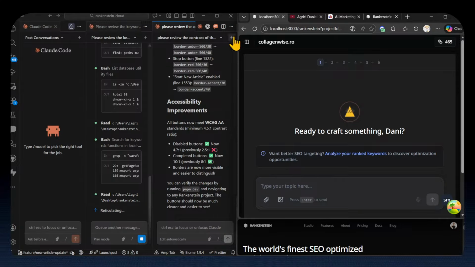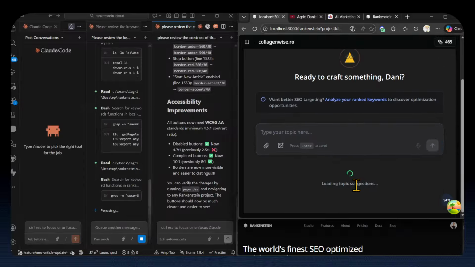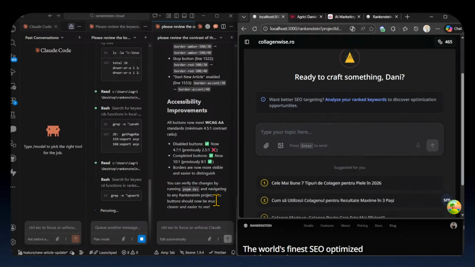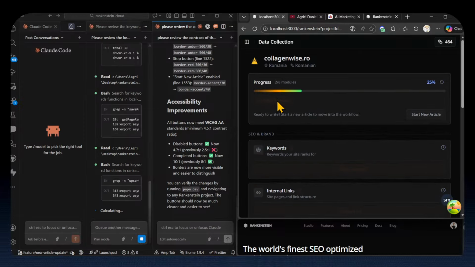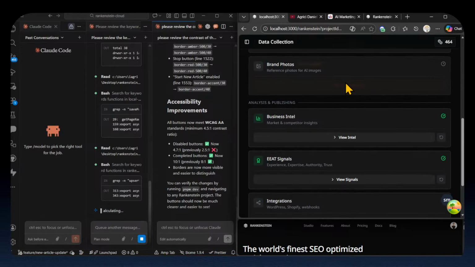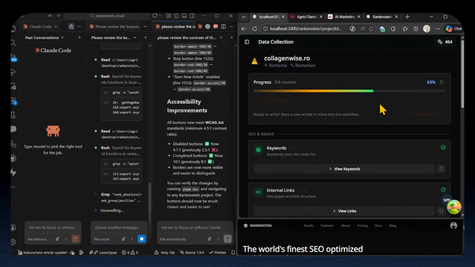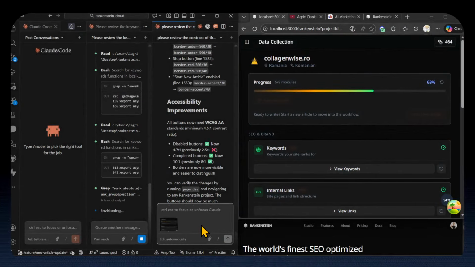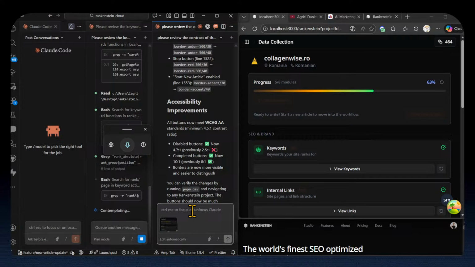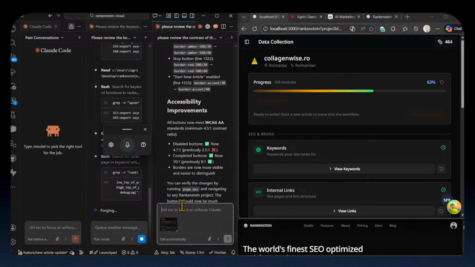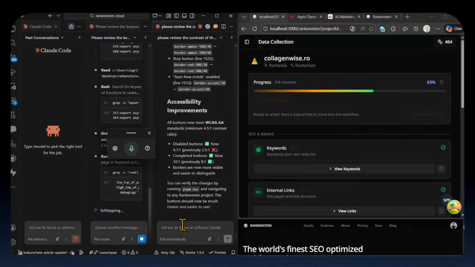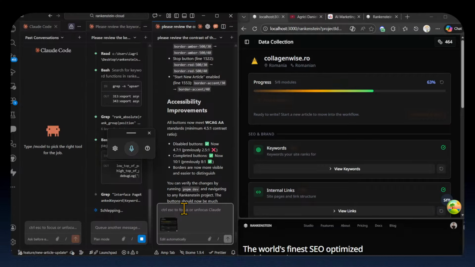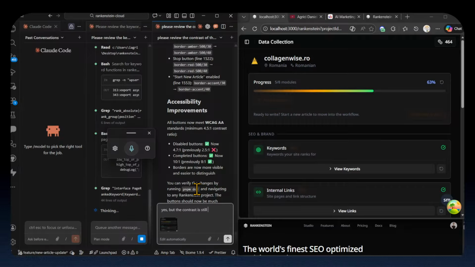I will turn my camera on in 1 second. Now it's loading. Okay, so as you see right now, still not good color. So I'll take another screenshot. Yes, you did fix the buttons in regards to accessibility. Wait, I'll just put it once again here. It's loading. I will paste once again. This one is loading, so I'm just gonna type in the meantime. Yes, but the contrast is still bad